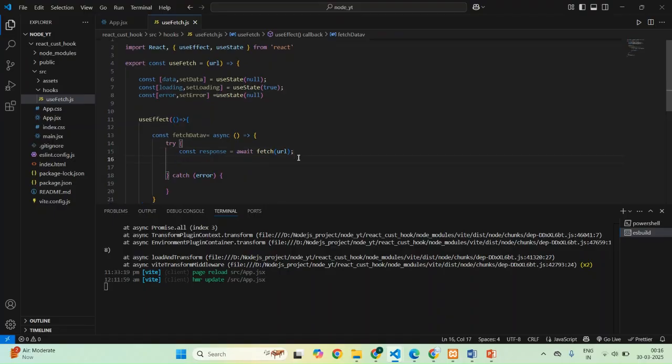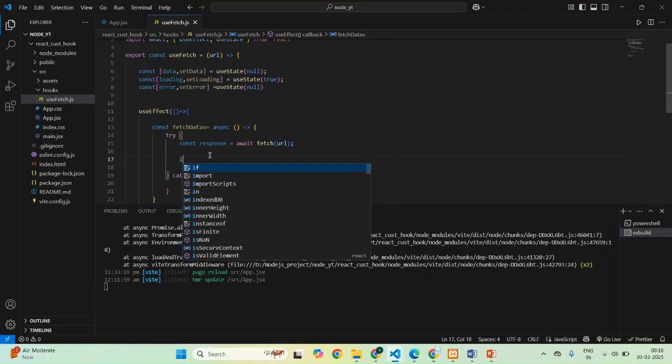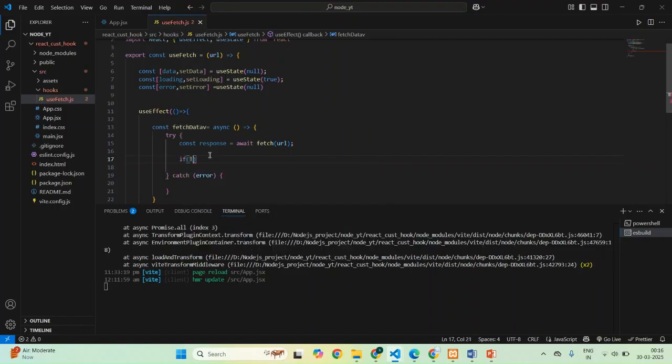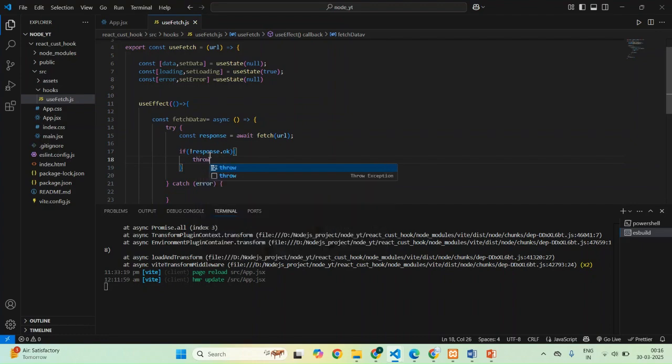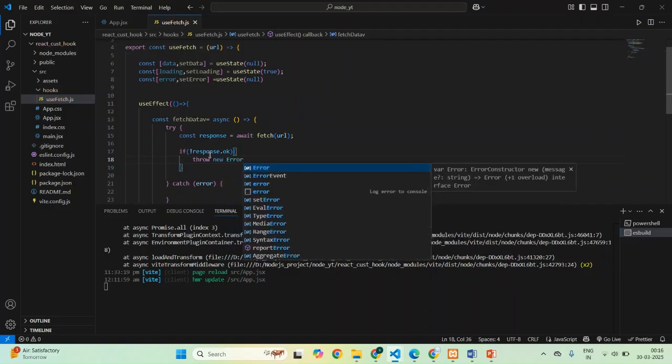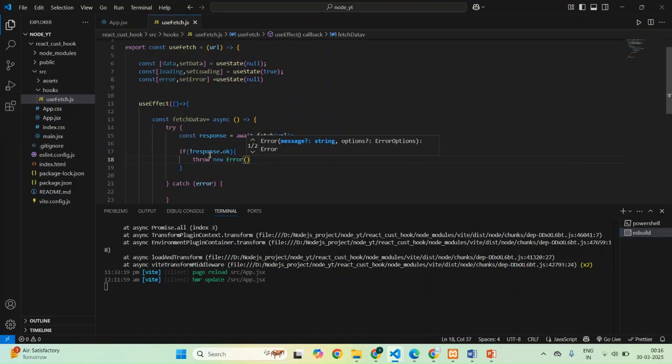Then whatever the API calls, that response will come up. So here we'll check the response. If response is not okay, if anything is missing, that is if there is any error, so if response.ok is not okay, then here we'll throw an error. Okay, so here we handle the error. So to handle that, I'll write it like this: throw new Error, and here we'll write something like 'something went wrong'. Okay,